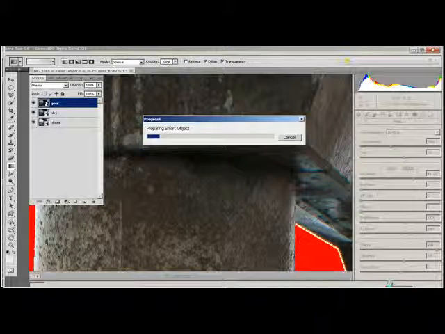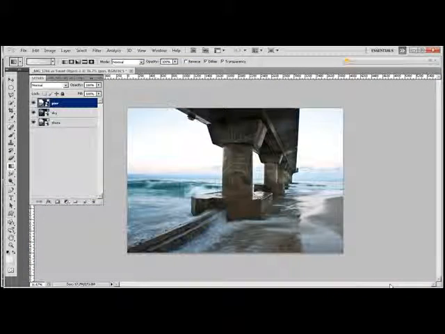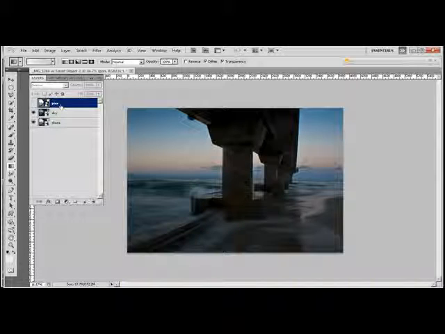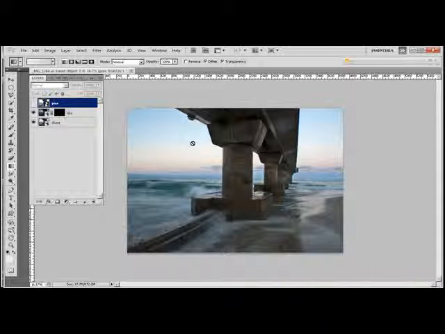And now we've got 3 images. So we're going to turn off the pier image, and we're going to put a mask, and holding down the Alt key we're going to put a black mask onto the sky layer, and now everything shines through. We're going to grab the gradient brush, we're going to ask for a gradient, we're going to make sure our foreground and background is set to black and white, so we hit the shortcut D, the D tool to set the D for default, to set the black and the white,